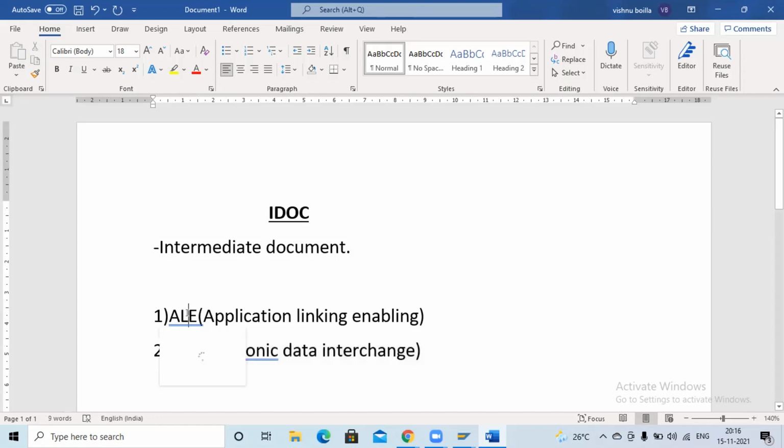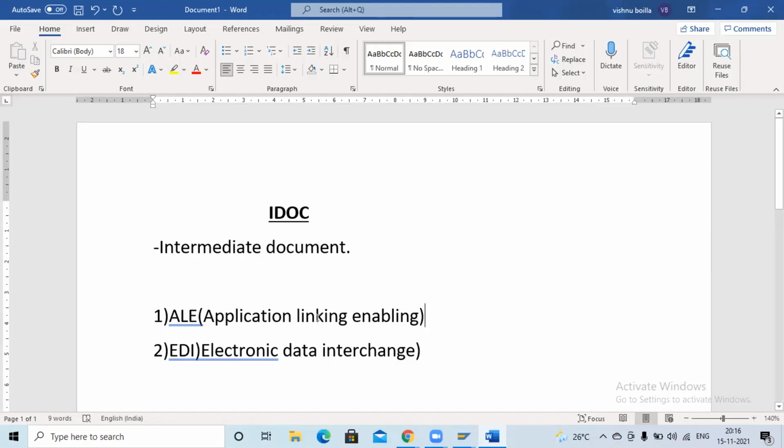So in ALE, what will we do? We will do ALE configuration and send the data from one SAP to another SAP, because here we can do configurations only. We are not using any interfaces. Once you do any of this, the system will generate one unique IDOC number. With the help of interfaces, we can move the data from SAP to non-SAP. Here we can do the configuration and generate the IDOC number only, so we cannot move the data. We'll see how to do the configuration.